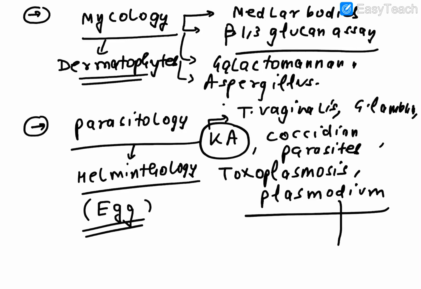They will show you a picture of an egg and they will want you to identify that. And obviously the drugs of choice can be asked, like for the trematodes you can use praziquantel, and mostly for the cestodes it is albendazole, which is the drug of choice. And besides, the nematodes also the same thing. So you can remember the drug of choice for them, and that particular egg shape that you can look out for.